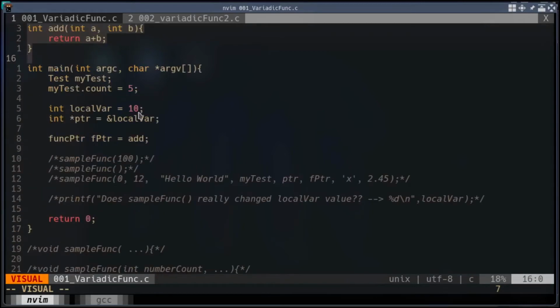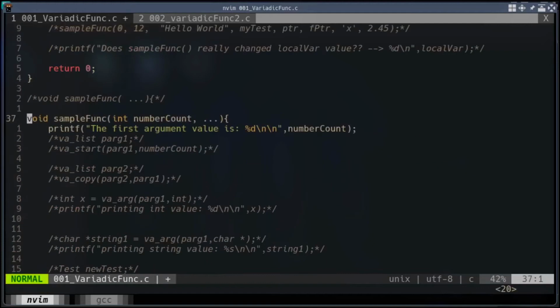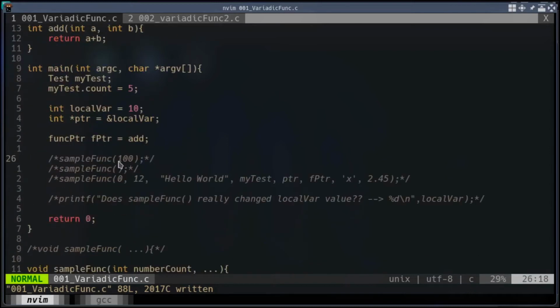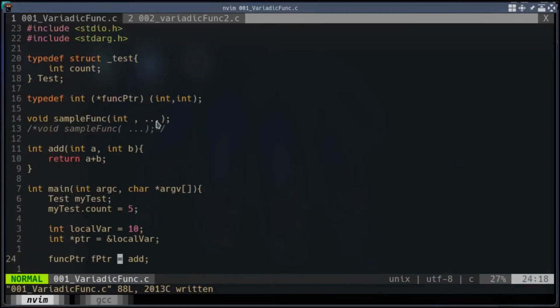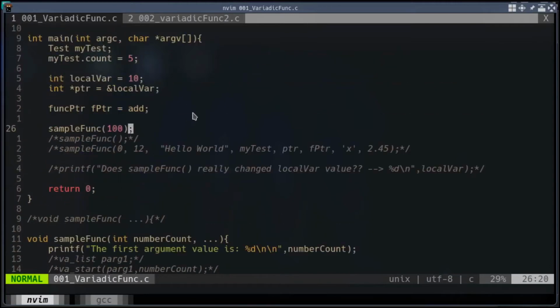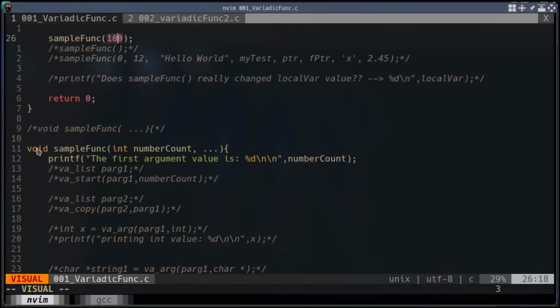Now I will show you how to define this function. As the first test, I will not be utilizing the optional arguments. I will only pass a single argument like we mentioned in this function prototype, an integer, which is a mandatory named argument. You can see that this sample function requires an integer and optional arguments, but I am not going to pass them. Here you can see I only passed the value 100, and in the definition you can see that 100 will be stored inside this num count local variable, and the num count local variable will be printed.